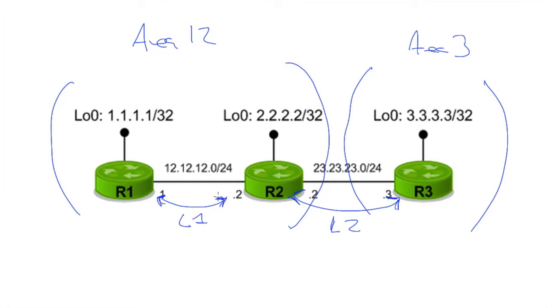This will be just the protocol making sure, because like I said, we can't have devices from different areas forming a level 1 adjacency. That doesn't really work. So here, even though router 2 and router 3 will be level 1 and level 2 capable, because we're in different areas, they're only going to form a level 2 adjacency. So let's jump into our topology and start doing this configuration, and we'll verify that in the end